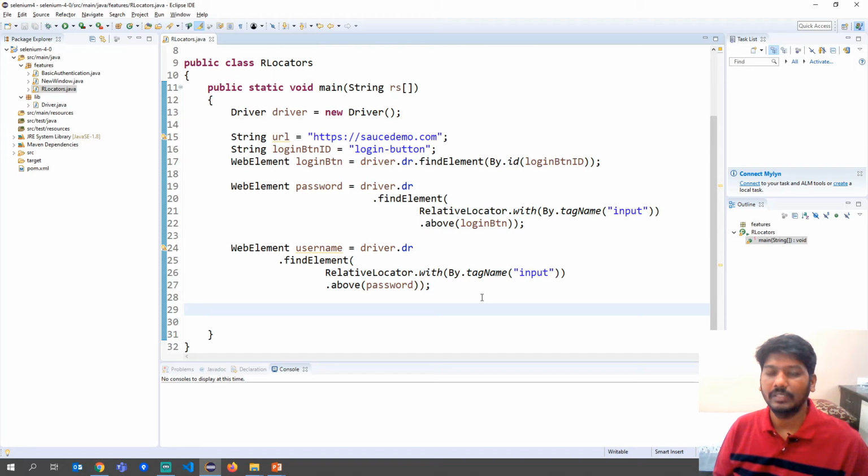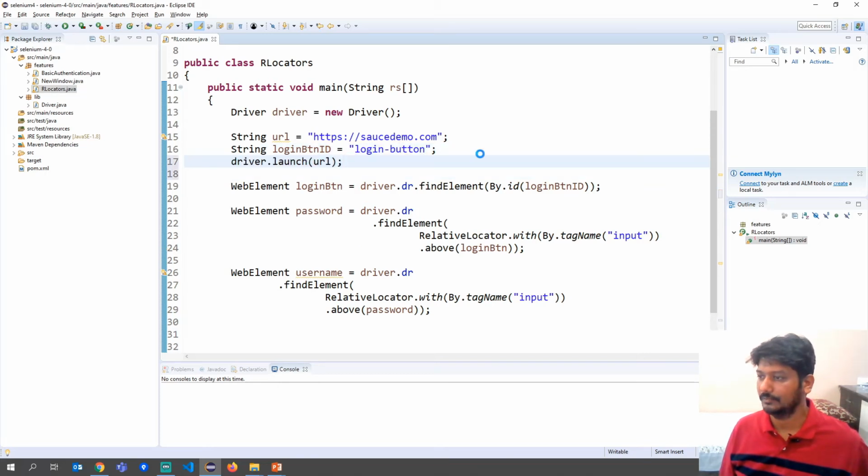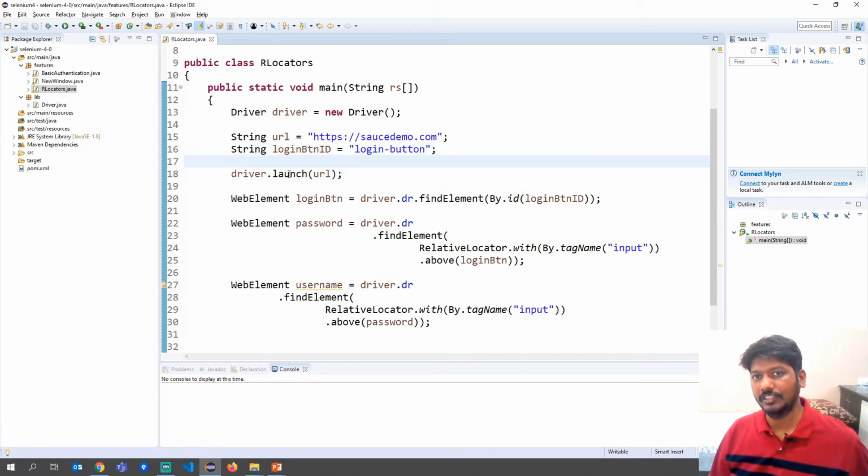Now we will first launch the browser and then use the username object to set the username and also set the password and then click on the login button. Ideally this should come even before finding the objects, so I am launching it first. Now the browser is launched, we will find the objects and then start interacting with them.